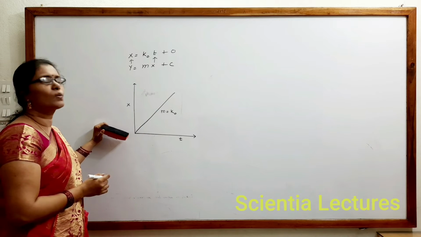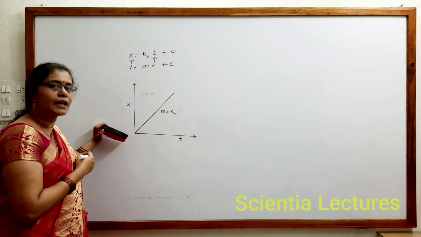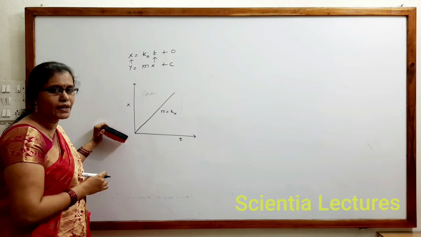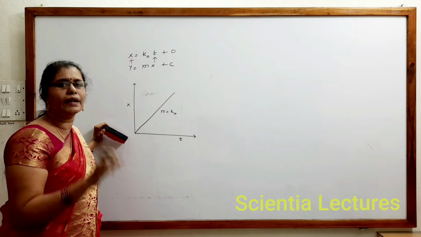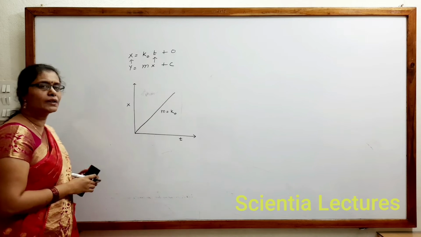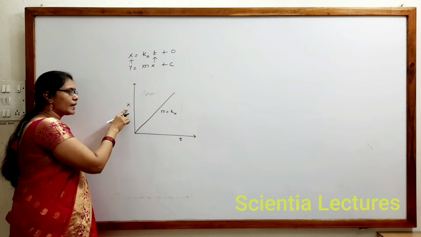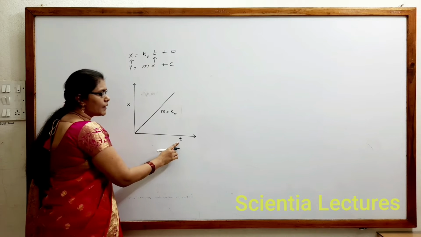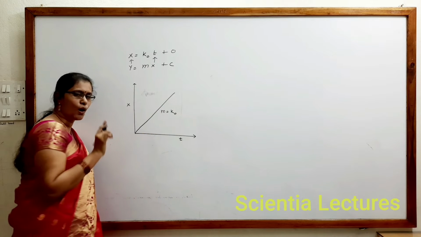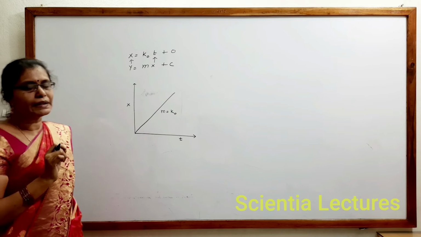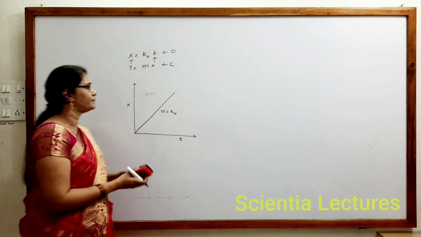If the slope is equal to the rate constant and the straight line passes through the origin, it implies that you can identify that it is a zero order reaction. So whenever they mention that the slope must be equal to the rate constant, with reacted amount taken in the y-axis and time taken in the x-axis, in that case if a straight line passes through the origin, we have to identify directly that it is a zero order reaction.